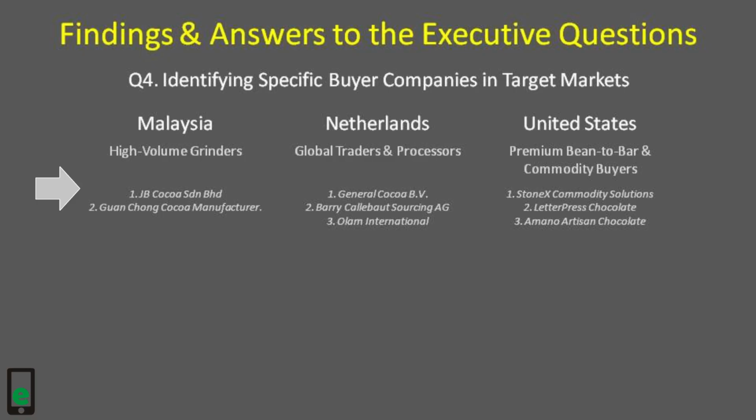And in European markets, specifically the Netherlands, there are global traders and processors based in Europe, with companies like General Cocoa or Berry, Talbot Sourcing, and Olam International. These are some of the companies he could find from ITC Trade Map and from the customs data. Then in the United States, there are premium bean to bar and commodity buyers,